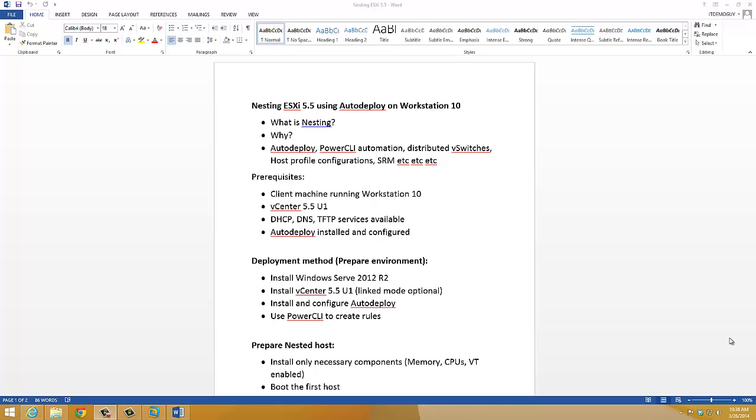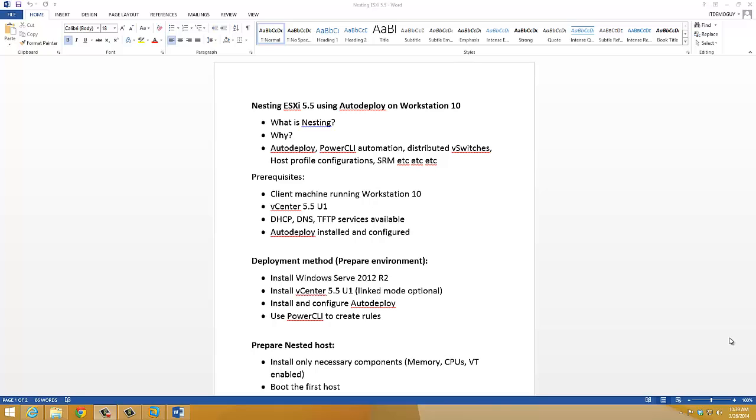So now getting to why you would ever want to do this. There are scenarios, particularly in a lab environment, where you perhaps only have a single host, or maybe you've got your entire lab on your laptop and you just can't emulate 4 hosts in a cluster. This is where you may want to consider nesting, because it'll allow you to create as many hosts as you have resources for, and at that point you can do testing with your cluster settings, HA, DRS, things that you